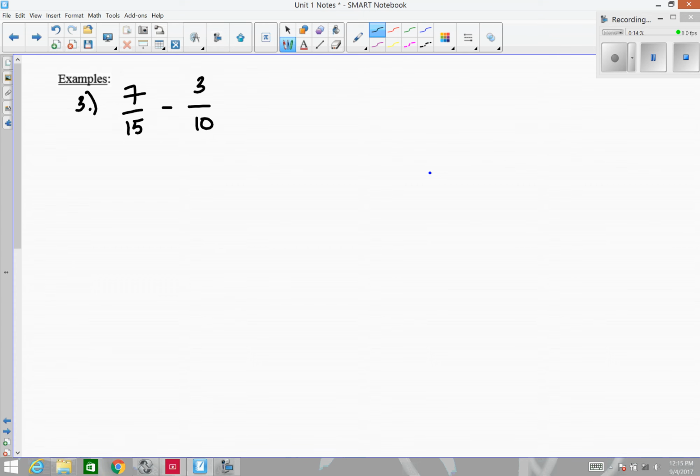Now, since these have different denominators, we have terms that are not like terms, and we cannot just add them together. I need to get a common denominator, and my common denominator will be an LCD. I'm going to go ahead and do this